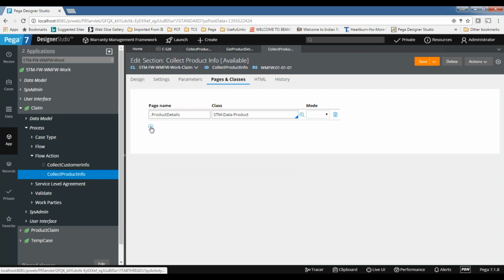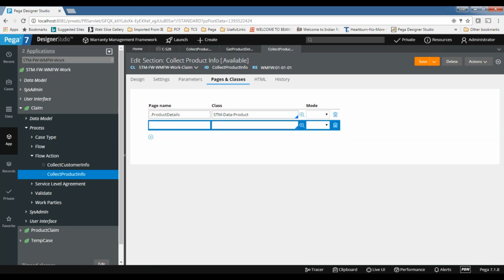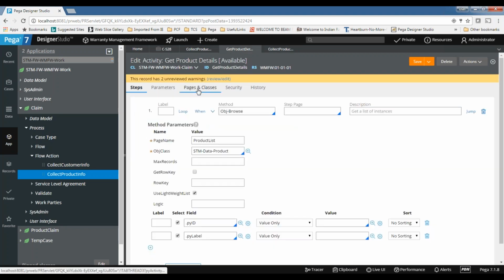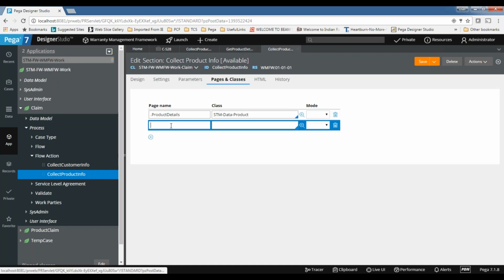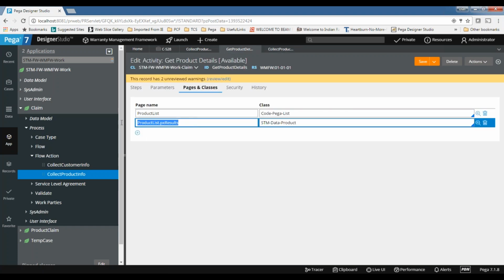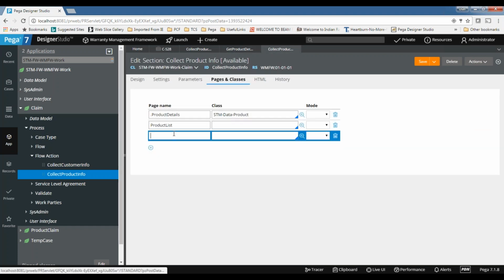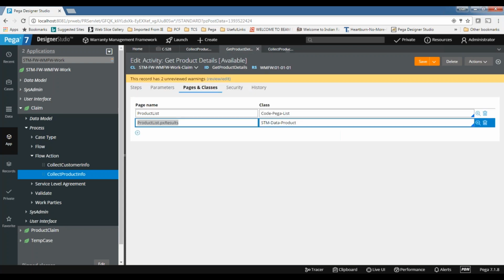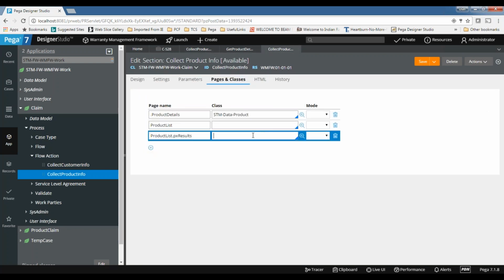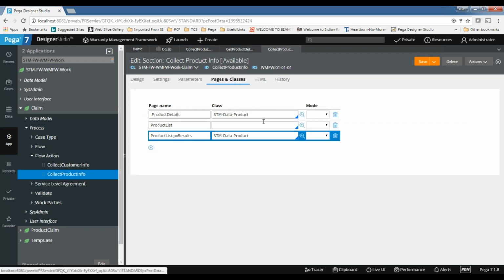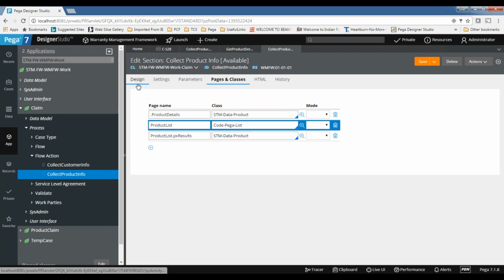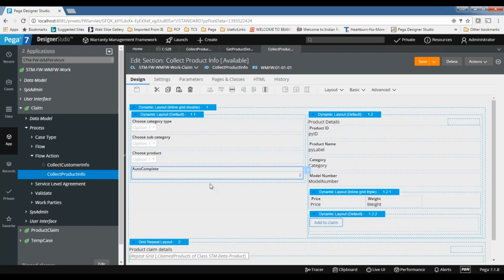So we need to use the same clipboard page here. I am just configuring the same clipboard page to display that on the UI. Just copy pasting here. Then we need to configure this one.